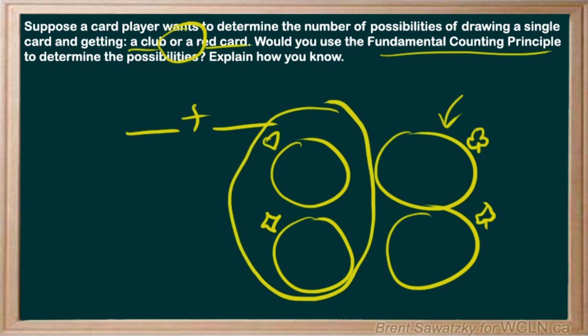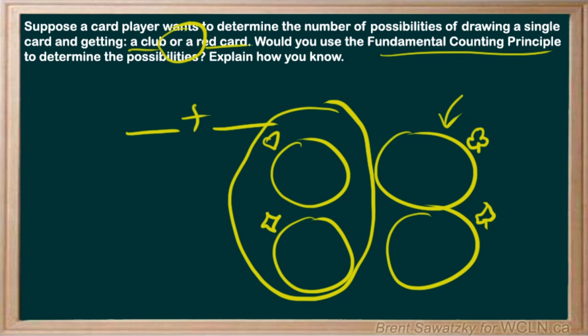And so we can see right off that they are mutually exclusive, which is maybe why we're using an "or" rather than an "and," because if it was an "and," if they said a club and a red card, well, certainly it would be 0 possibilities because you can't have both. But in this case, what we could do is stick with the "or,"